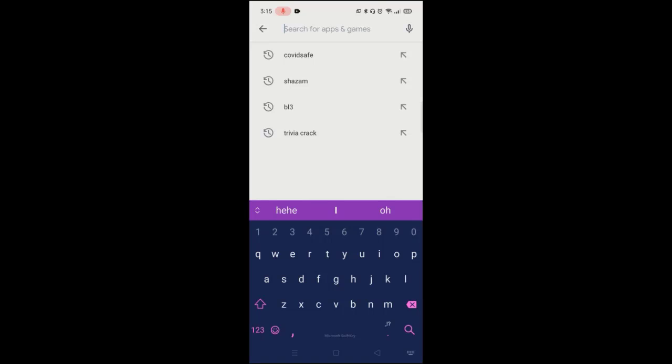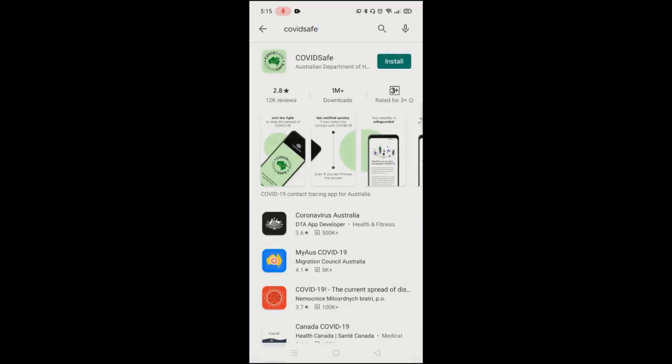Today for example we're going to look for the COVID Safe app. So you type in what you're looking for. Then you want to hit the search button in the bottom right here. As you can see, this has brought up the COVID Safe app straight away, and it has next to it